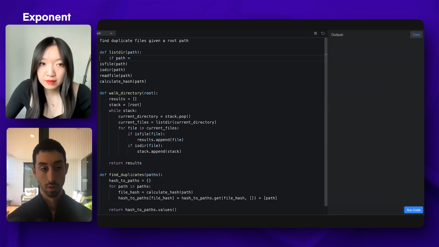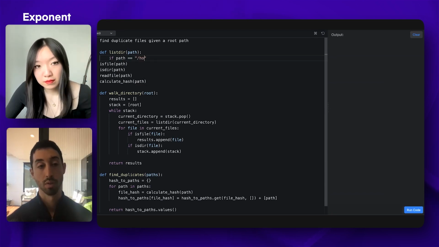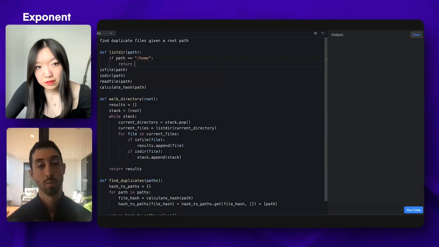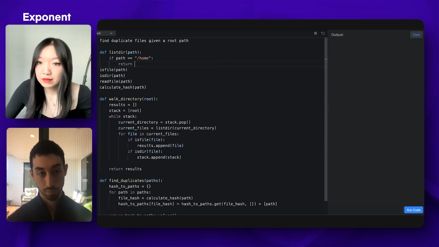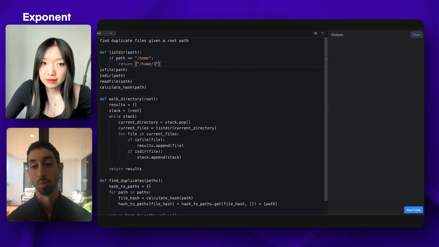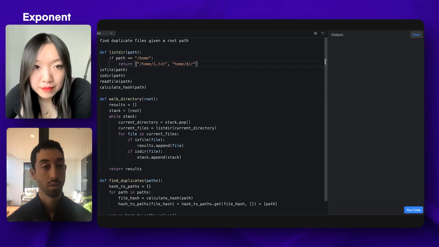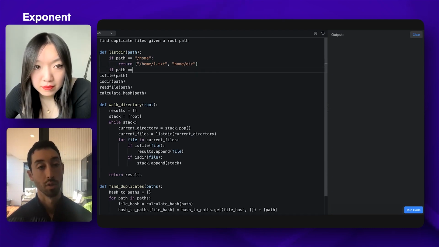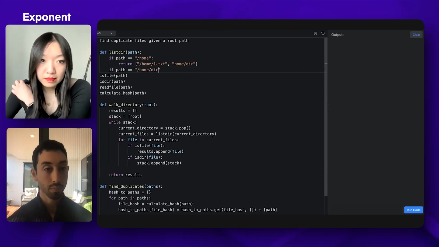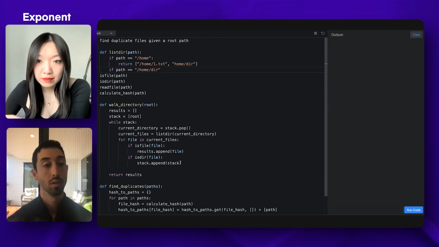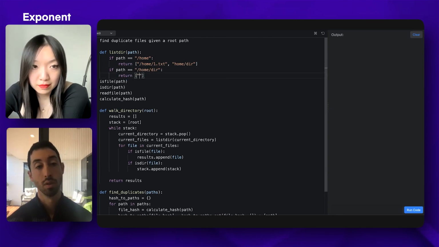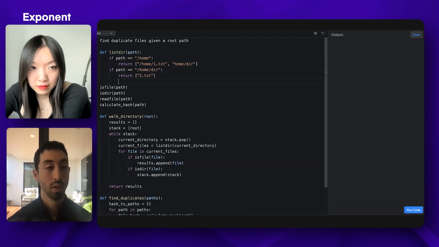If path is equal to /home, then return /home/1.txt, and another directory, let's say directory. Then if path is this, then I return a second file, right?